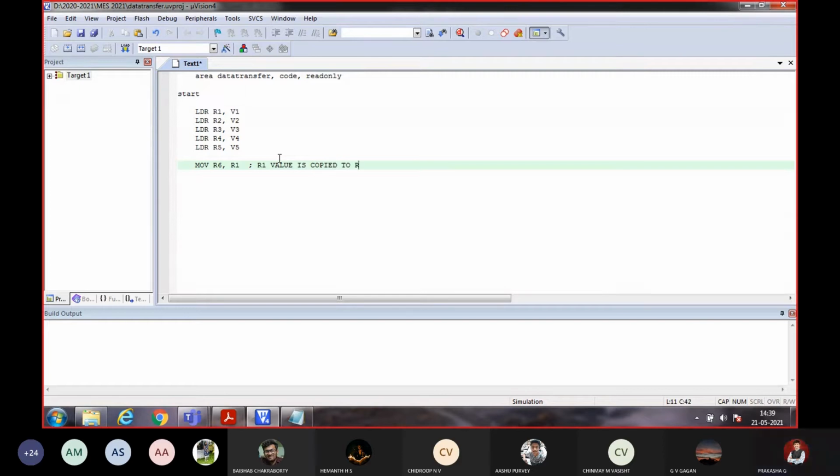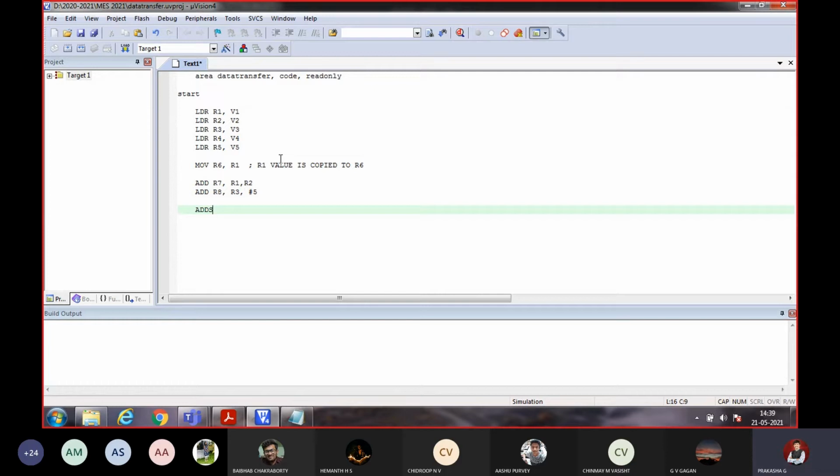to R6. Then ADD R7, R1, R2. ADD R8, R3, #5, some value.